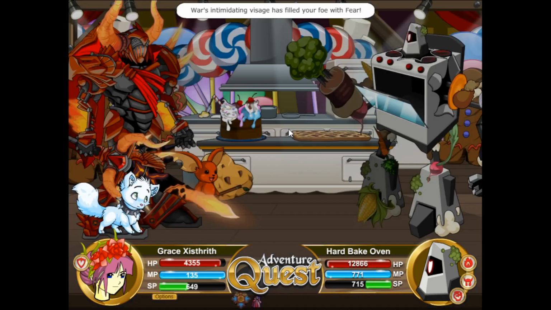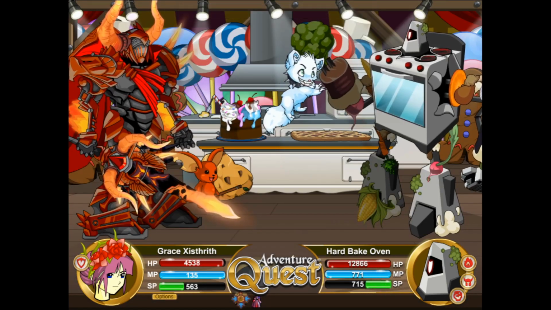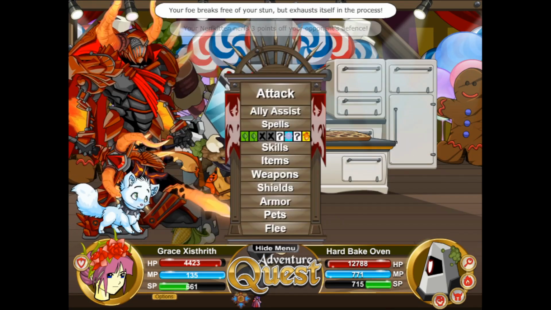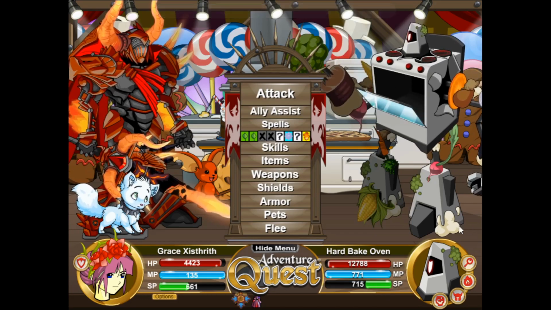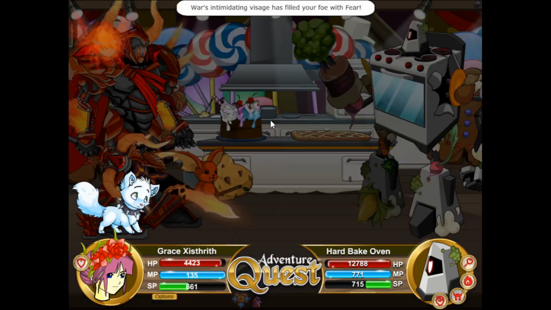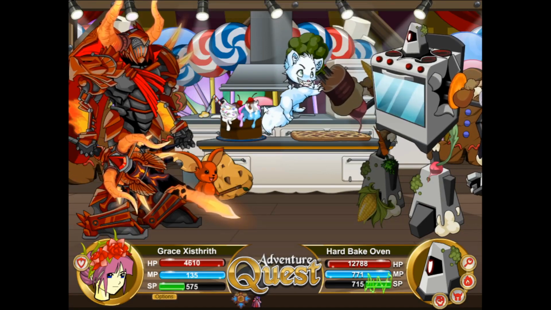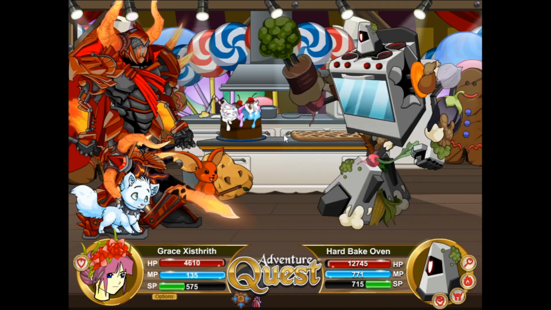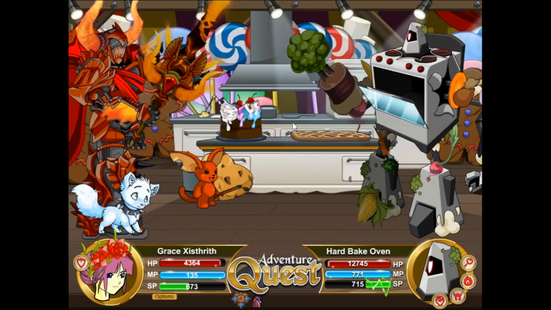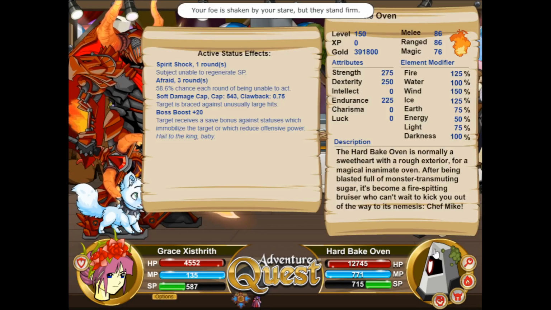Now, the reason I'm doing this is because the Hard Bake Oven does not have freedom, and in fact it has a mechanic where if it's stunned, it can't regenerate SP. And so since it can't regenerate SP, if you stun it reliably, it does not use its SP attacks. Now it has two SP attacks. One is a simple fire nuke, and the other is a regen ability, which makes it heal up to 1000 HP per turn for a couple turns, which is very strong, which is why I don't want it to regen